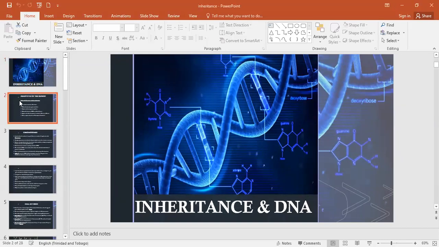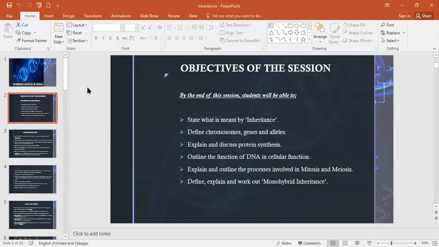So this is what we're going to learn, all right? Or review in the case of the HSB students. We have to learn what is meant by inheritance. You're going to have to understand as well what we mean by chromosomes, genes, and alleles. We're going to learn a little bit about protein synthesis, which we have spoken about before already, so it will just be like a review. Remember we went into detail talking about what goes on with your DNA and your RNA in order for you to get a particular protein, and then